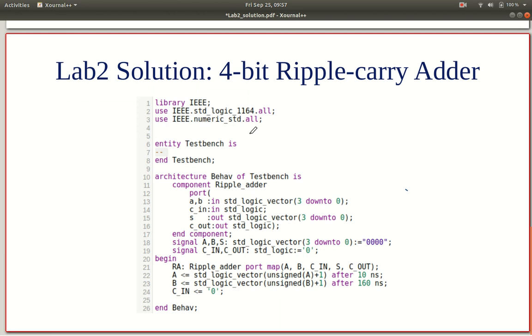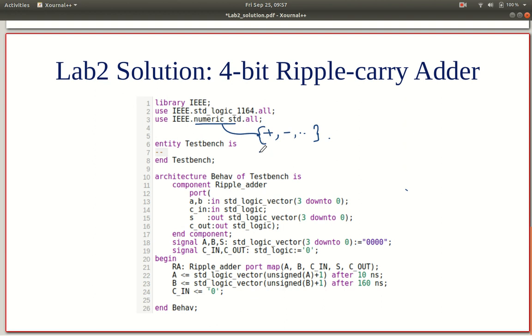Now in the test bench, let us use one more library called IEEE numeric standard.all. This library provides a bunch of goodies, for example, addition, subtraction and so on, converting standard logic vectors into unsigned or signed integers and so on. So it provides a lot of library functions, particularly arithmetic kind of functions.